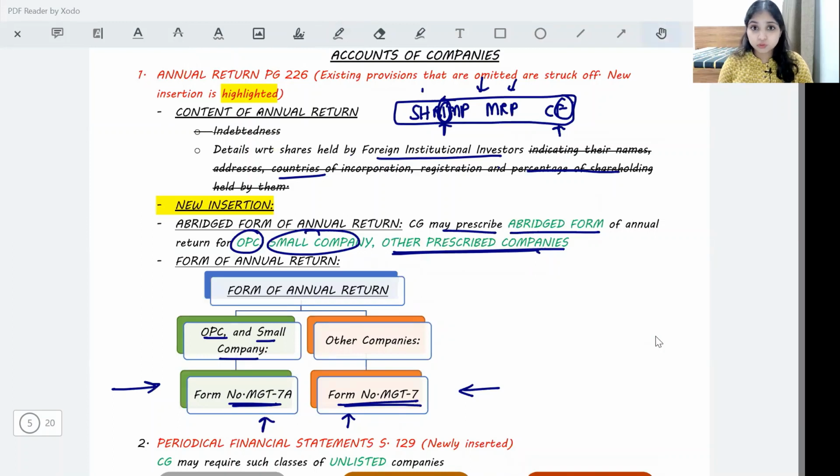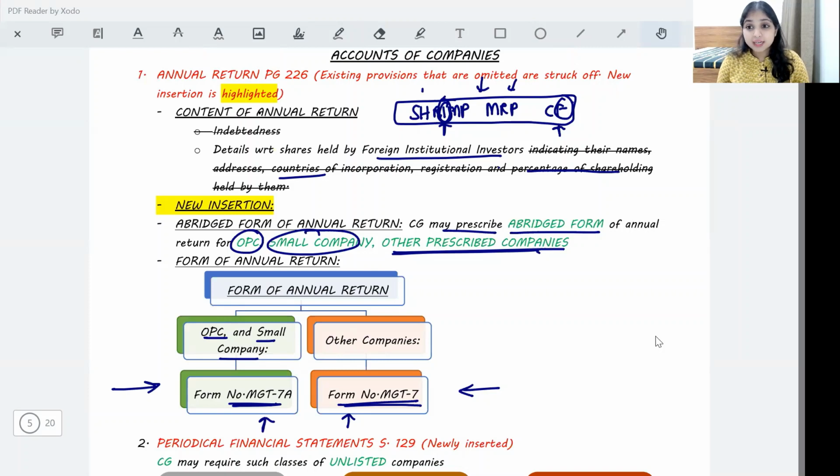Point number 1, I told you that under accounts of companies, annual return. In fact, I think for some batches, we must have learned about annual return in the meetings chapter. For some batches, I taught annual return under the accounts of companies chapter. And in fact, if I remember right, in case you're looking for it in the book, you will find it only in the meetings chapter. All right, but